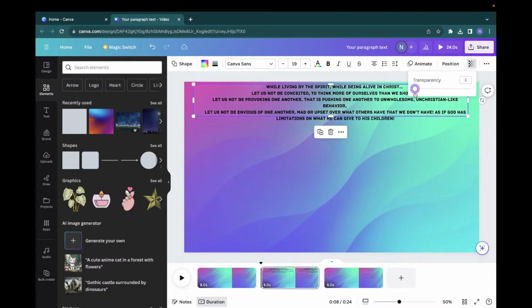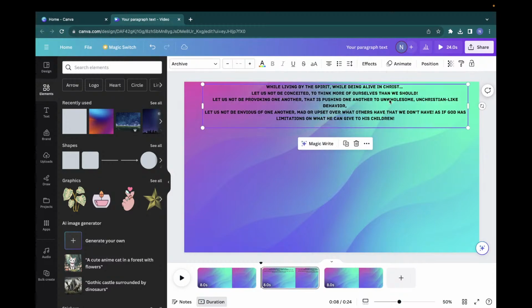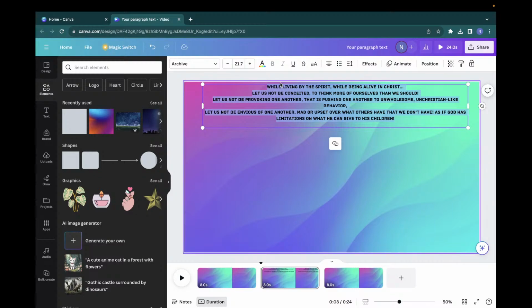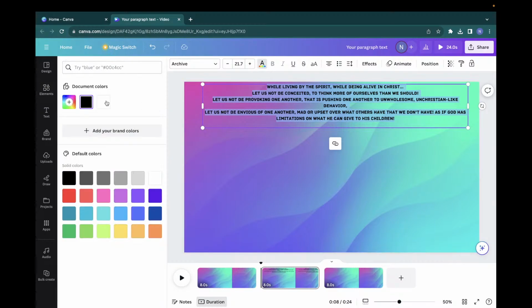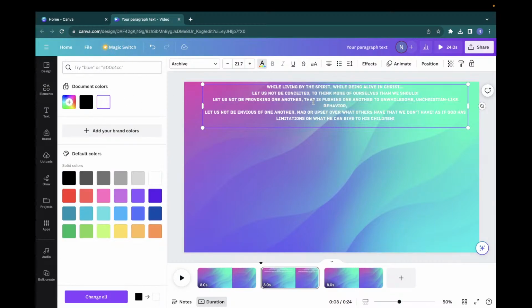Now, another thing that you can do is make your text white. And white tends to look good for text when it's on screens and all that. If you do white, a black shadow generally helps the white pop out a little bit. All right, but for the purpose of what we're doing, I'm going to leave it black,